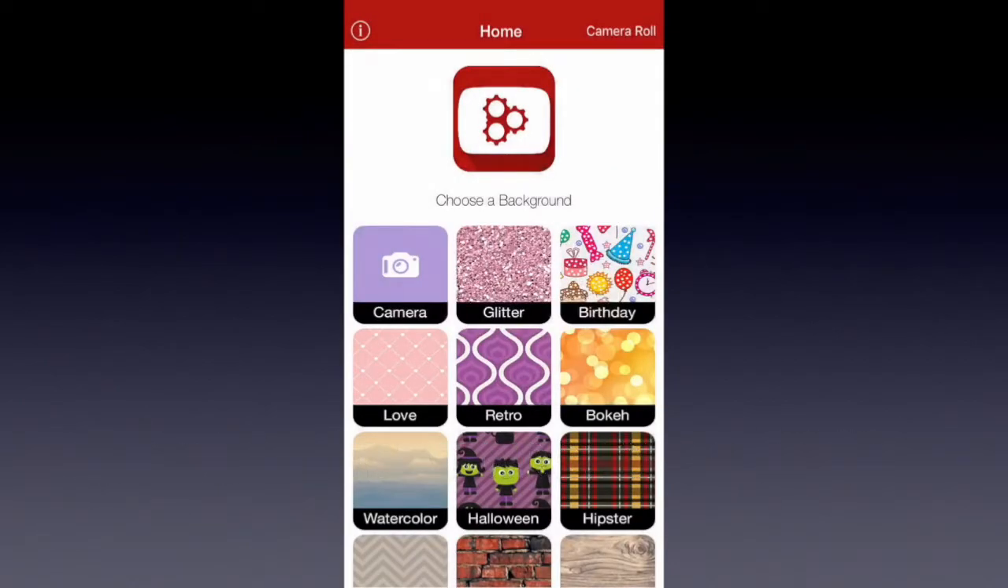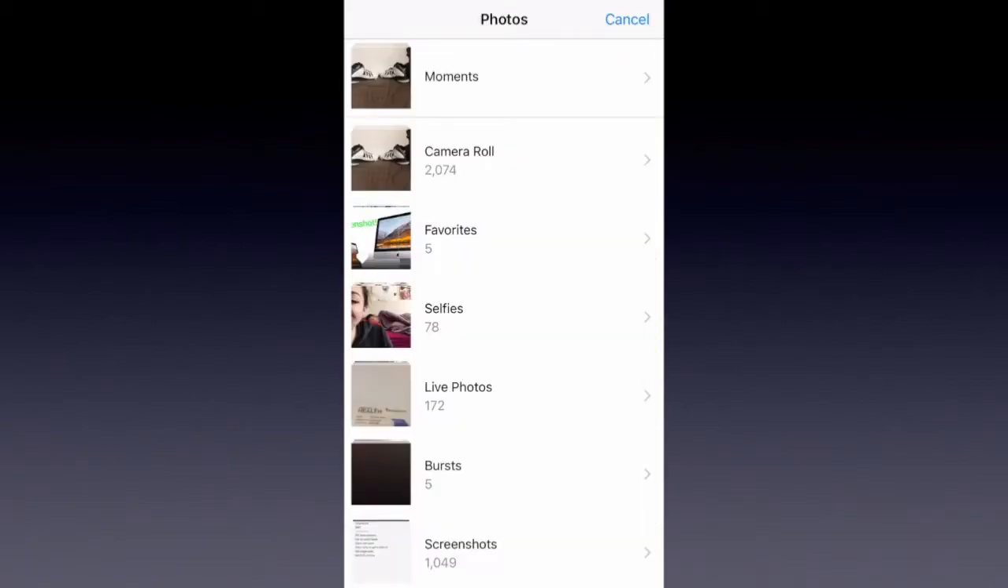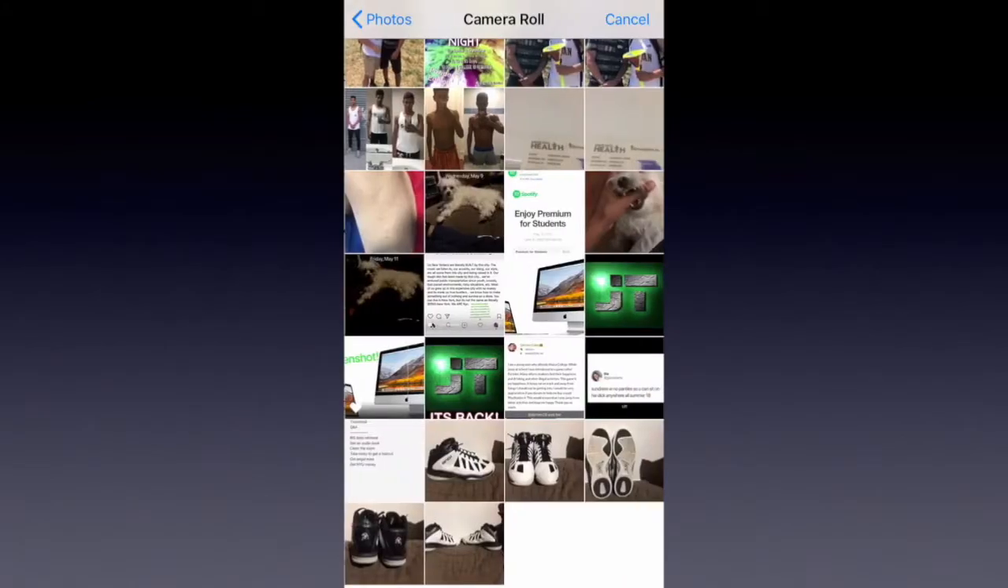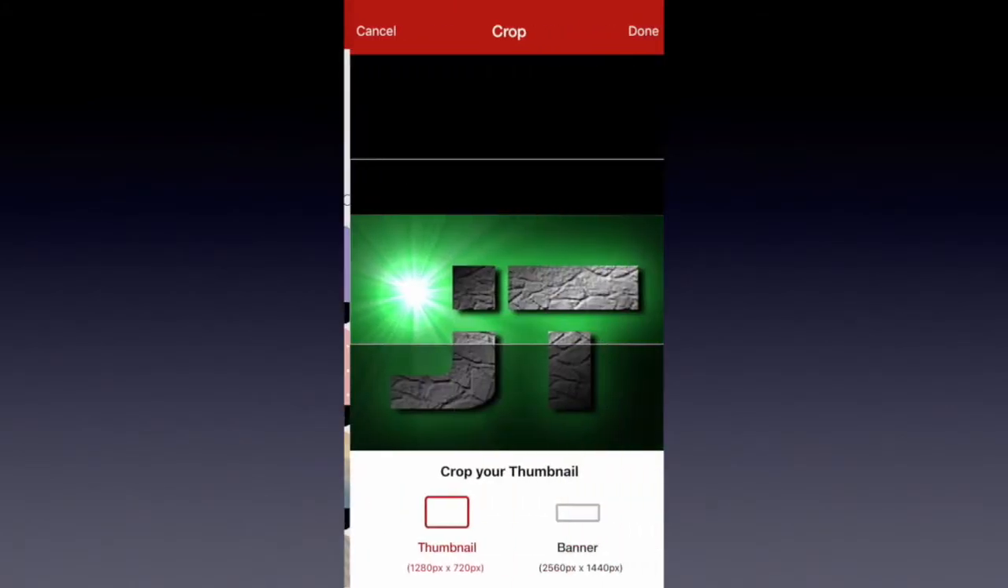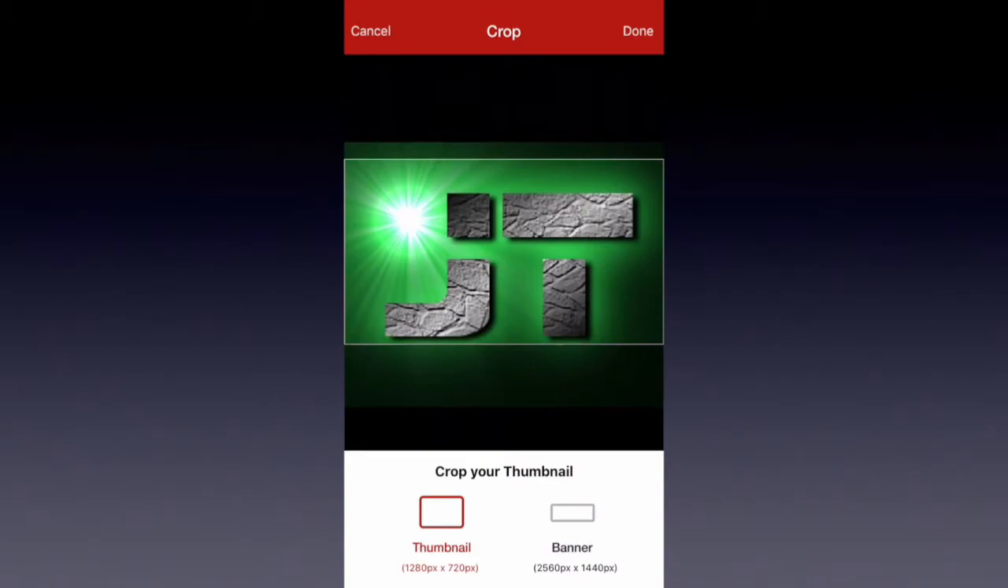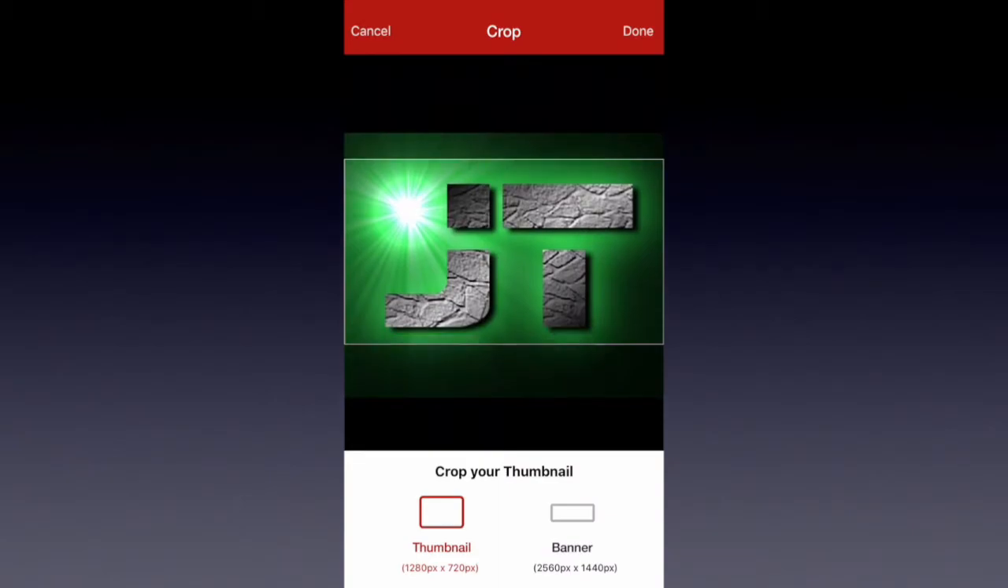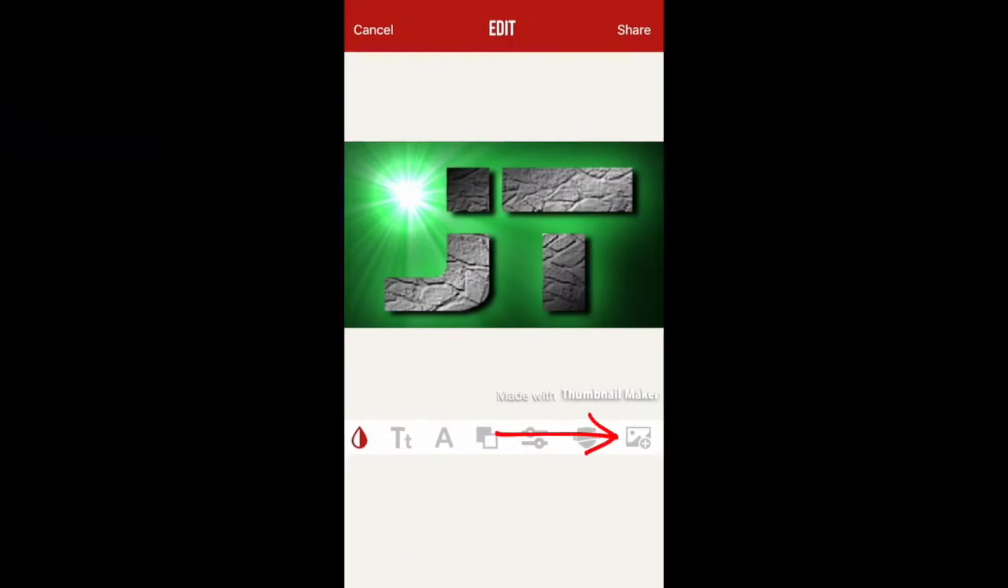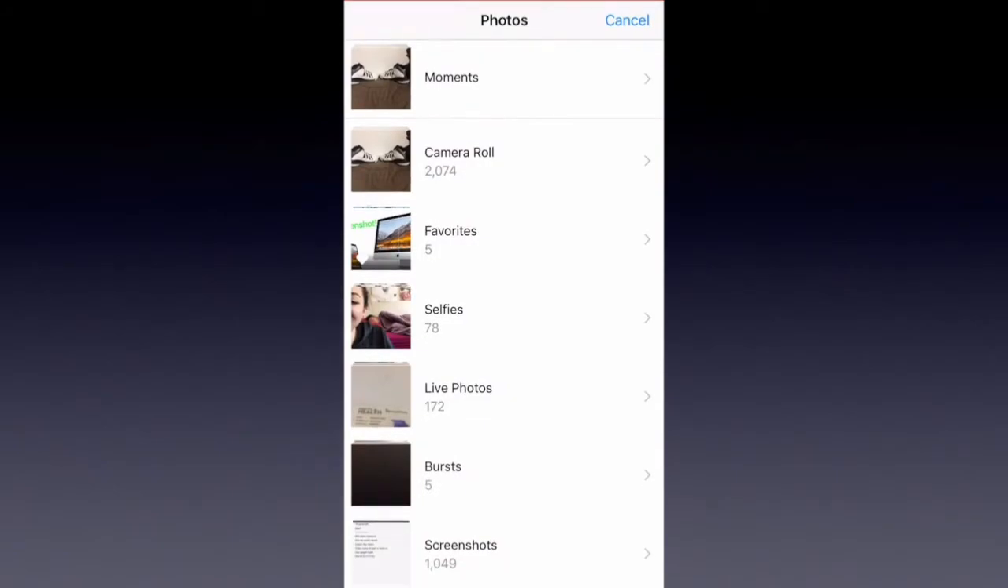Click either your camera or your camera roll to choose your initial background for your thumbnail. So I'm gonna do that real quick. Choose my logo, set that. Oof, that's already a sexy thumbnail right there. I don't need to really do anything much more to that, but if you click the add picture on the